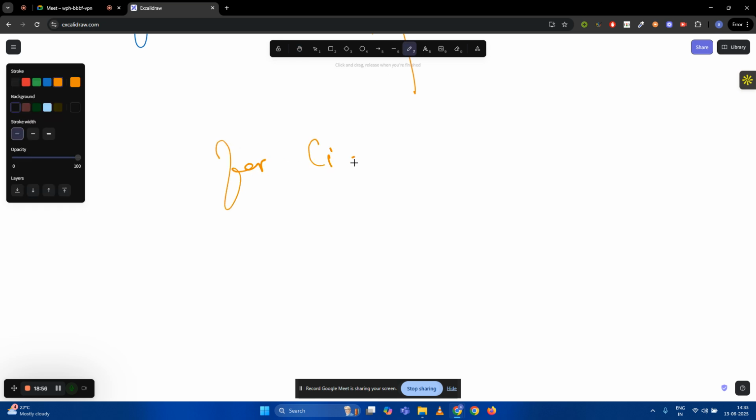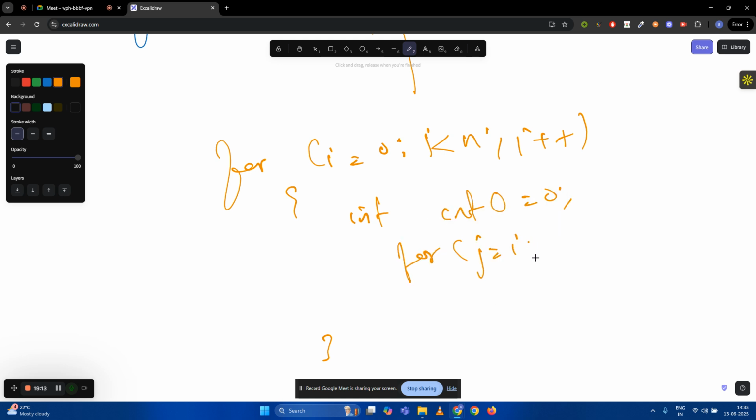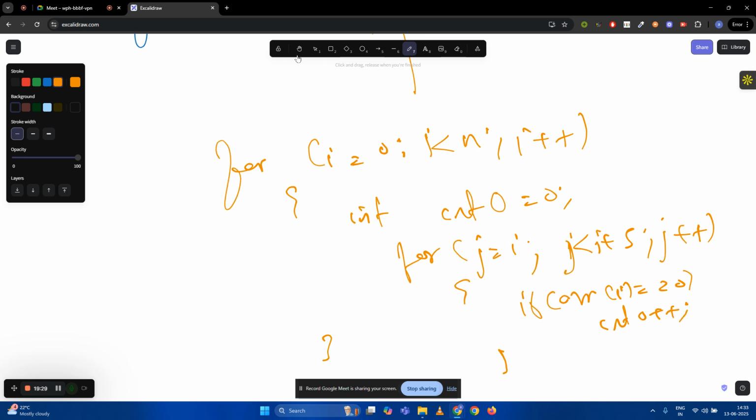For each i, I'm starting from i less than n, i plus plus, and I'm maintaining a count of zero. Then from that i, I am iterating with j from i till i plus 5, j less than that, j plus plus, and I'm calculating the count of zeros. So if array of i equals zero, count zero plus plus,